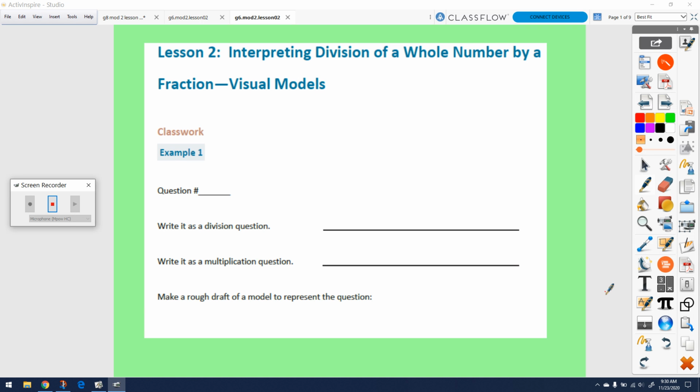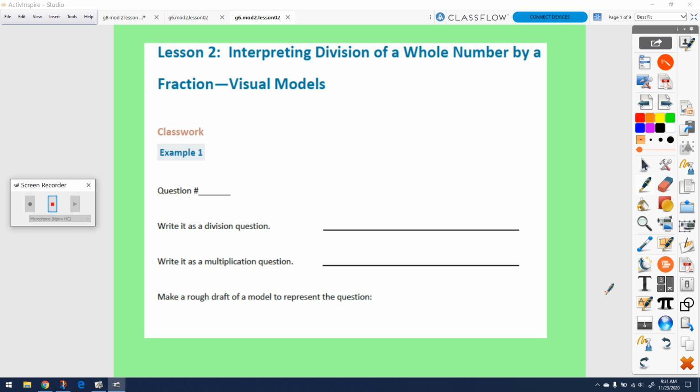Hello there, sixth graders. Today we're taking a look at Module 2, Lesson 2, interpreting division of a whole number by a fraction and using visual models. Your target goal is that you'll be able to use fraction bars, number lines, and area models to show the quotient, meaning division answer, of a whole number and fractions,